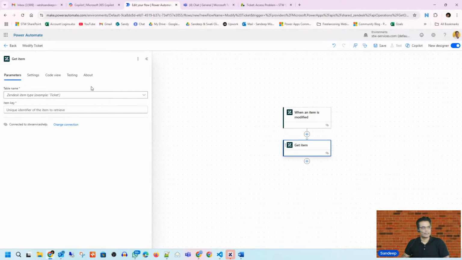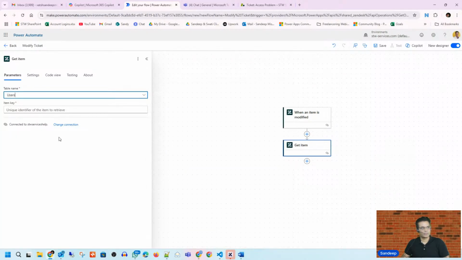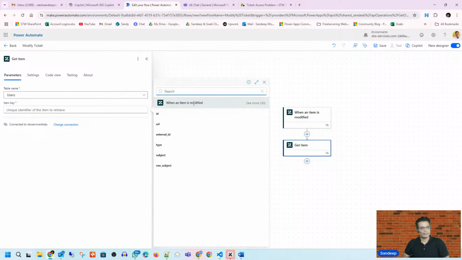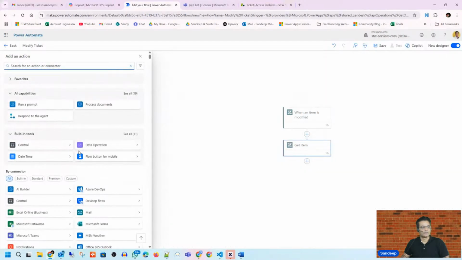So I will select this and here again, we need to select the table. In our case, we are going to access customer, so I will select the user, and then the item key. For that, we will use the ID, not the trigger ID, we'll use the requester ID, the person who created this particular ticket. So you can see the users, and in that we'll use the customer ID as the requester ID. So we'll get the customer record, and then we will send an email to the customer